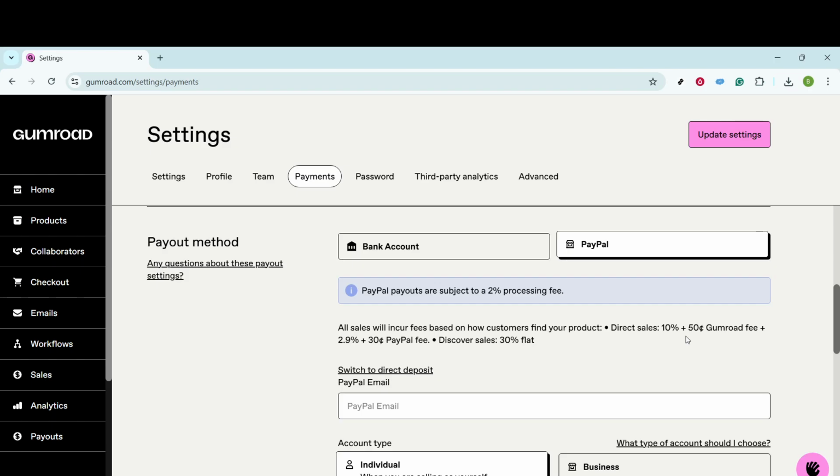It's important to go over the details so everything is set exactly how you want it, and that's pretty much it. You are now ready to receive payments effortlessly from Gumroad into your PayPal account. This setup will ensure you can focus on creating and selling your products while Gumroad handles the financial transactions seamlessly for you. Having this setup allows you to dedicate more time to your core activities without worrying about the back-end